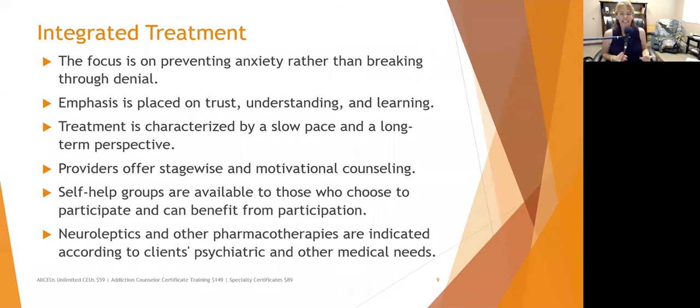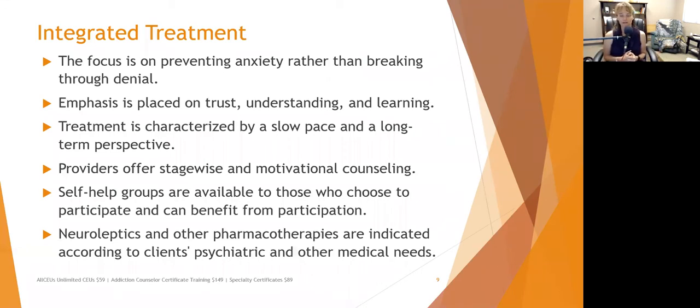sober. Self-help groups are available to those who choose to participate and can benefit from participation. People who are actively psychotic, people who have significant cognitive deficits may not be able to benefit from participation. People who choose to participate in self-help groups may not embrace the 12 steps. They may prefer SMART Recovery or some of the other options that are out there. And that's okay. But we need to provide a range of options that are available for people who choose to